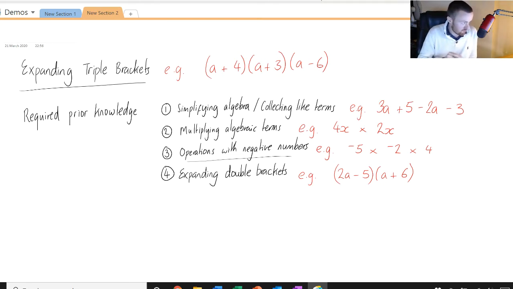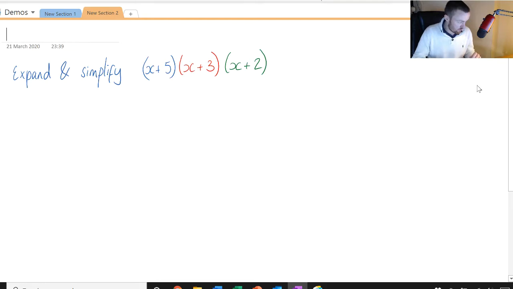But quickly before I do, in order to do this topic, there are certain areas of maths that you need to be really confident with, and I've listed those here. To be able to expand triple brackets, some of the more basic things you need to be able to do are simplifying algebra, collecting like terms, and I've got an example here. Multiplying algebraic terms, operations with negative numbers, and expanding double brackets. If you can't do those things, I suggest you practice those before trying these expanding triple bracket questions. So I've got two examples to go through,